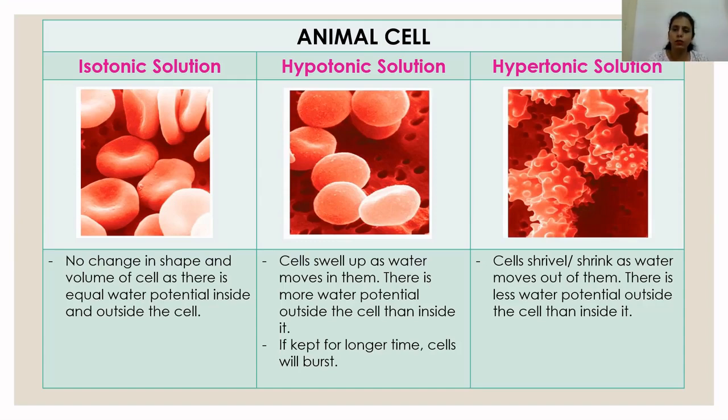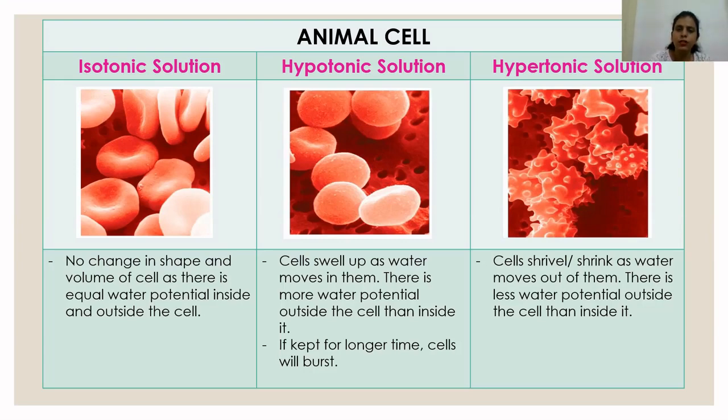more in solution. So less water potential in solution. Inside the cell, dilute cytoplasm is present, so the cytoplasm has more water potential. Hence, whenever you place an animal cell in hypertonic solution, for example red blood cells, the cells will lose water and they will shrink. This can also be written as shrivel or shrink. Sometimes it is also called lyse, L-Y-S-E.